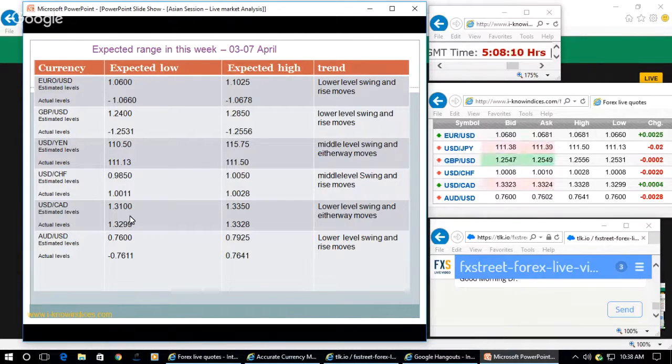0.9850. Then Canadian dollar is expected to come down, and it will just come down to 1.31 from that 1.3350 high they could show during this week. And Australian dollar from 0.7600, they are expected to gain to 79 level. Already they have shown 0.7600, even though the initial low was 76.11, they are just holding it here to gain during this week.